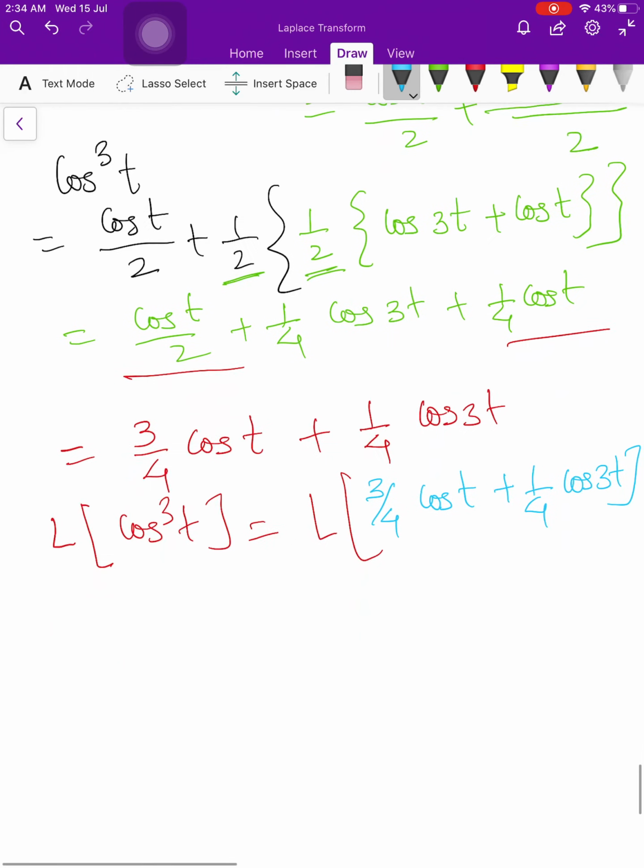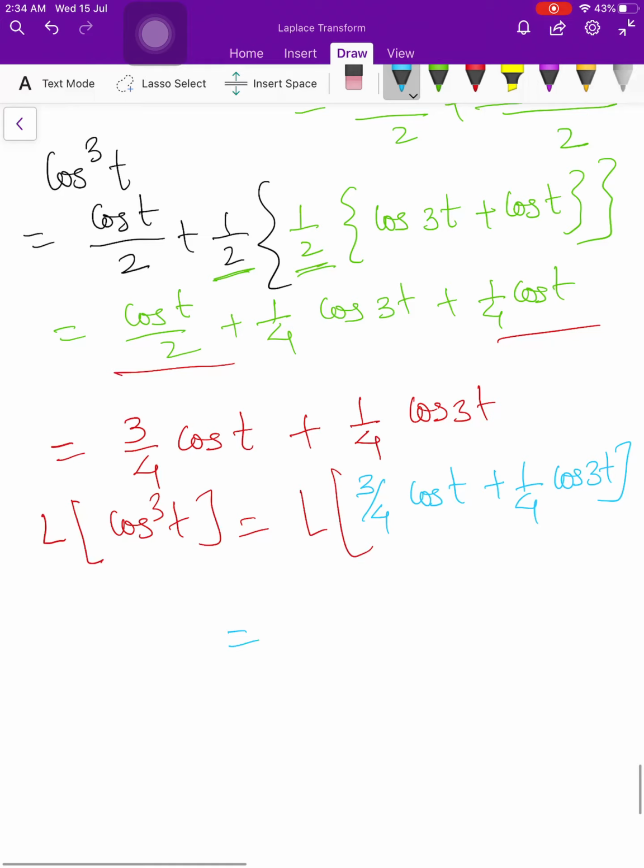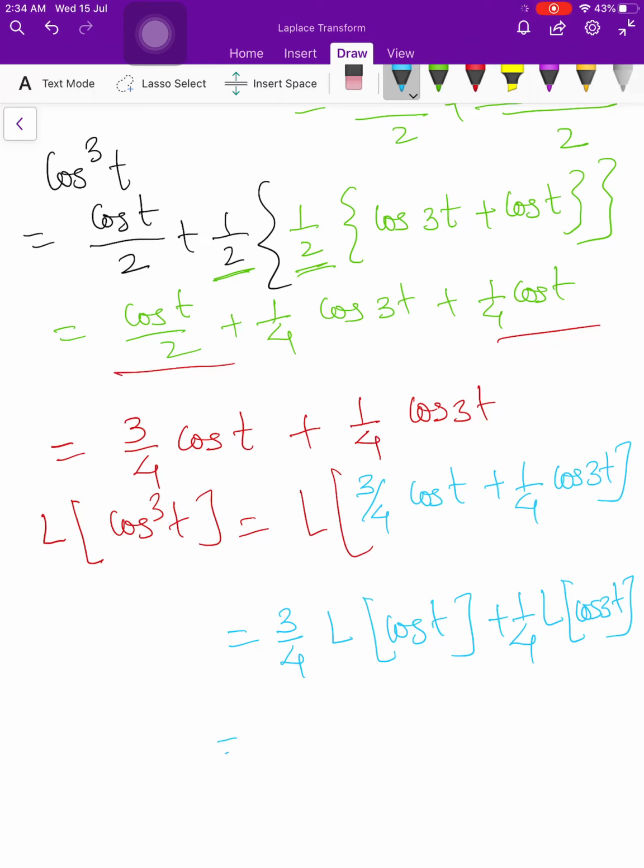Now you can use the linearity property here, so 3 by 4 is a constant and will come out of Laplace of cos t, plus again here 1 by 4 will come out and Laplace of cos 3t. And now you can use the Laplace formula: 3 by 4 Laplace of cos t is simply s upon s square plus 1, and here 1 upon 4 is as it is, Laplace of cos 3t will be s upon s square plus 3 square. So this is how we are going to